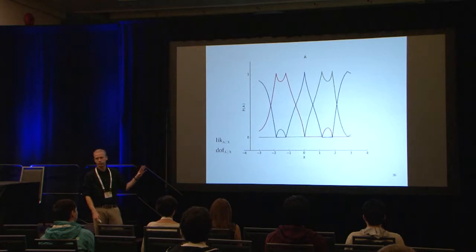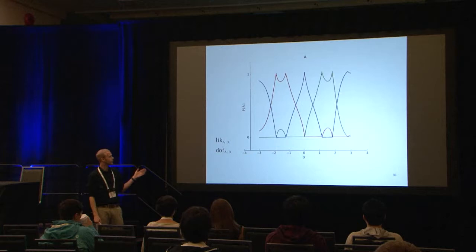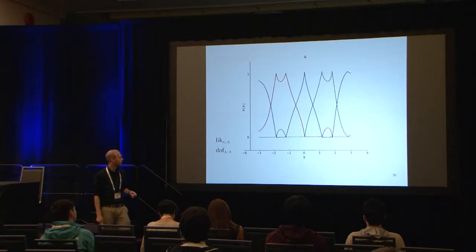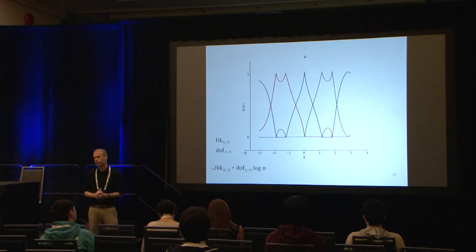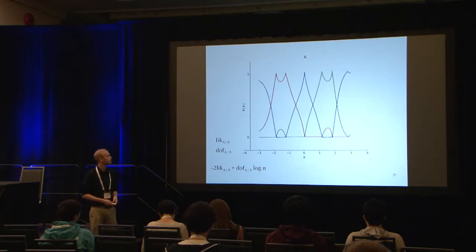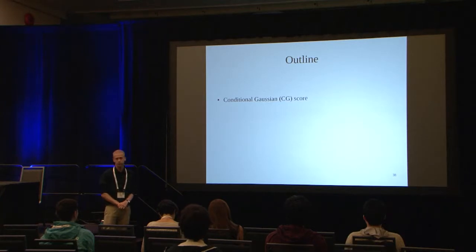So this is just those 3 graphs combined into one. The red line here is when a equals 1, so that's the probability that a equals 1. The blue is going to give you the probability that a equals 2, and the green is going to give you the probability that a equals 3. Using this, we can straightforwardly calculate a log likelihood and degrees of freedom for this model, a given x, and then pass these terms into the Bayesian information criterion to score this case. And that pretty much wraps up all MVP does to